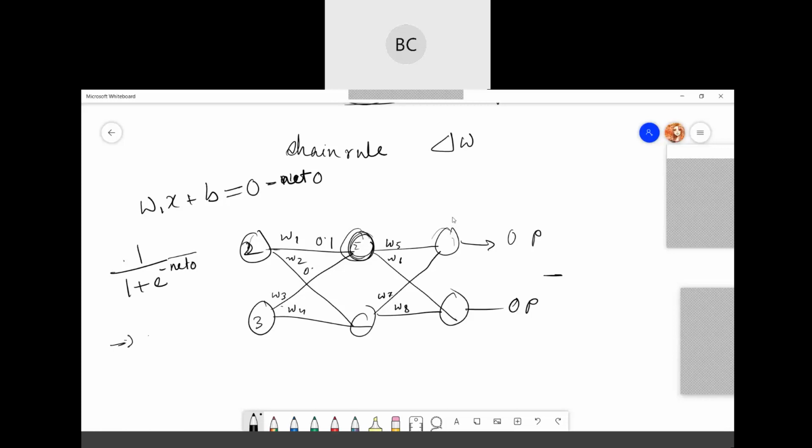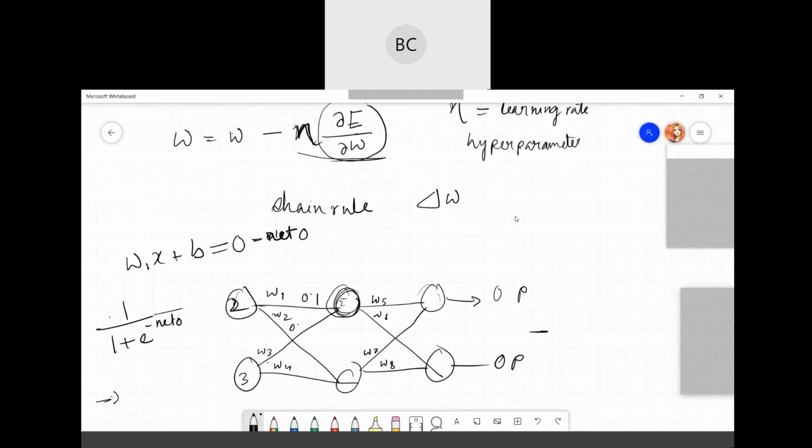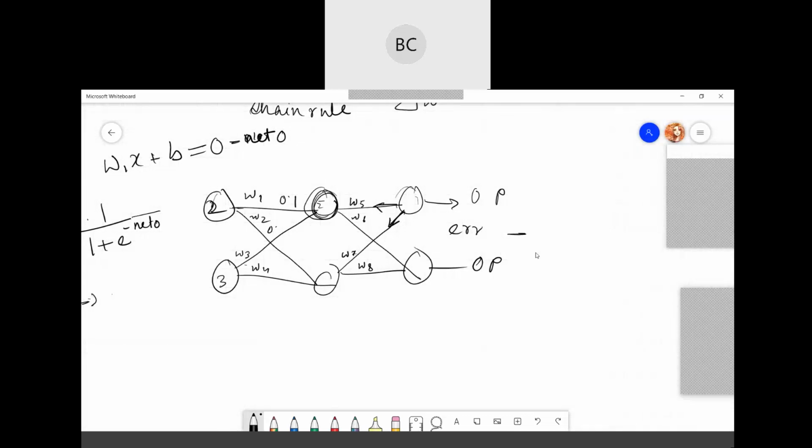Finally you are going to calculate the error, and then you will see how much weight update you need to do. After calculating the error, it will be sent back. It's a bit lengthy process. From this delta E, suppose you have an error, just for example 0.2 or something, for this output 0.2, and for this output maybe 0.1. So you have to calculate the total error. Total error will be 0.2 plus 0.1, that is 0.3. That means this much portion you have to propagate back.